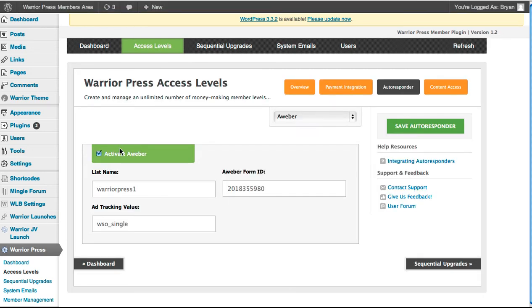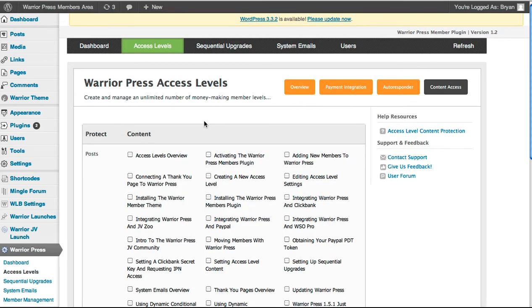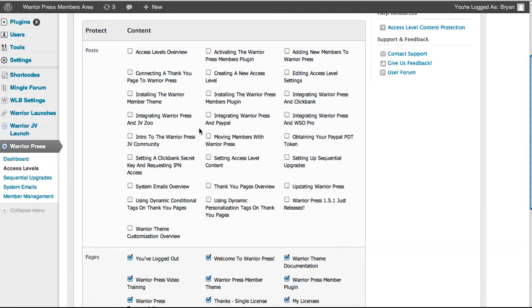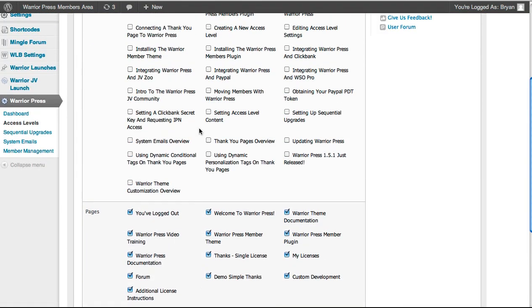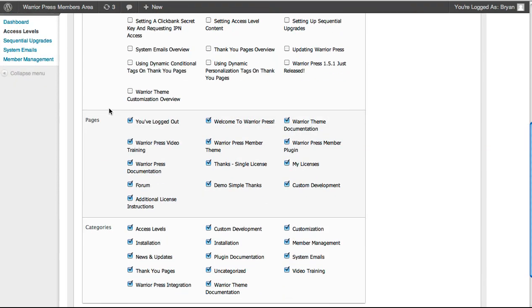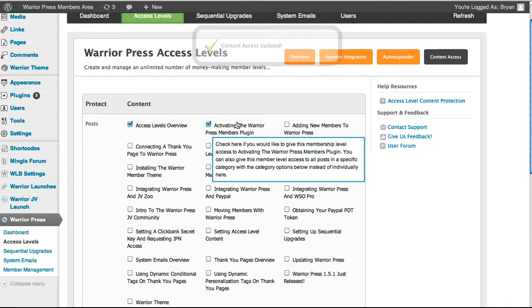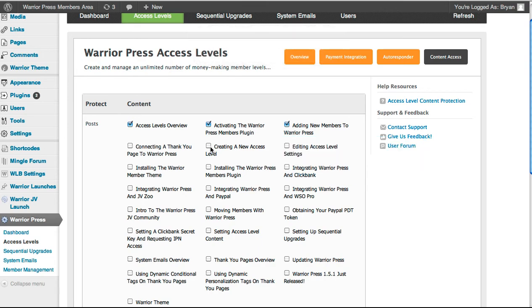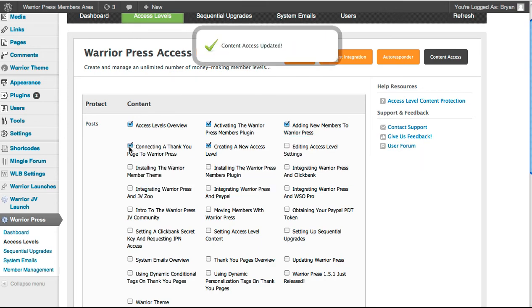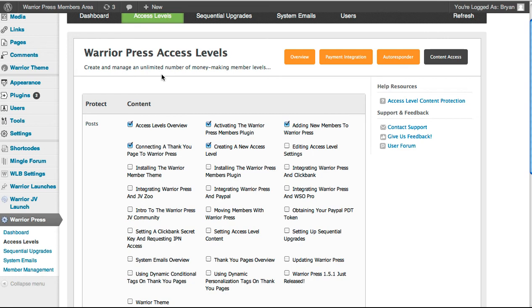This is very simple, just a couple of fields to fill out, and you're set up and hooked up into your autoresponder. And lastly, you'll just want to go to the content access section, where you choose which content members in this level should have access to. This is very simple. You can choose by post, by page, or by category. And if you select by post, by page, or by category, your options update automatically. Once you've done that, you've completely set up an access level on your membership site and you're ready to sell